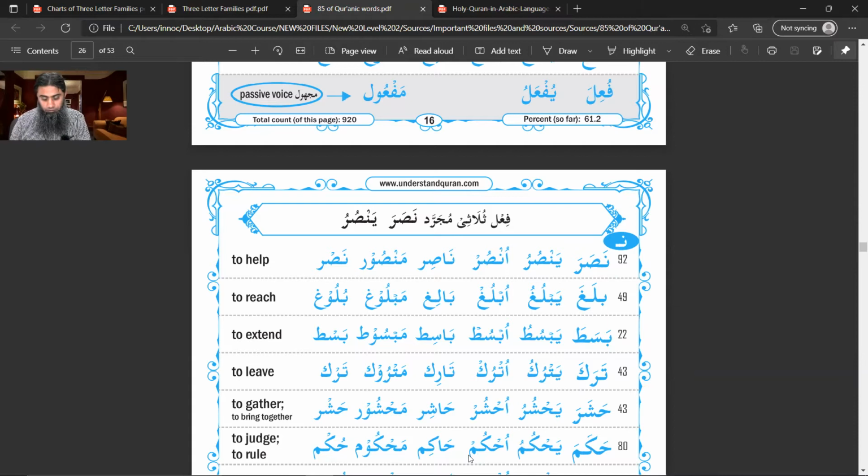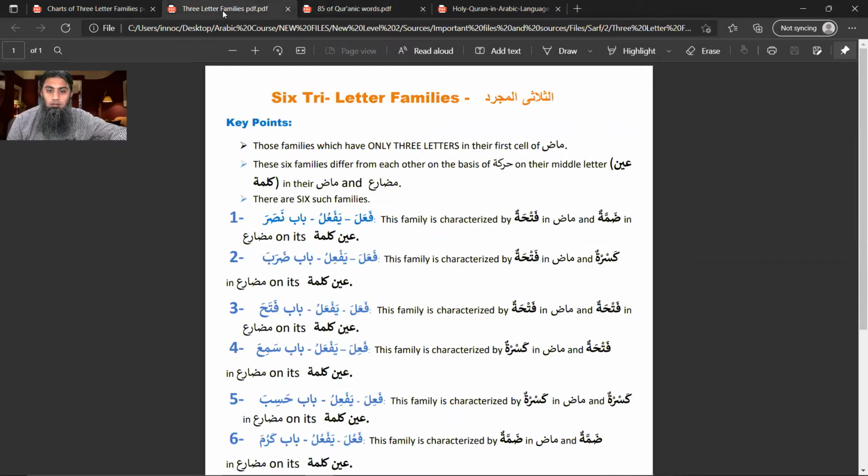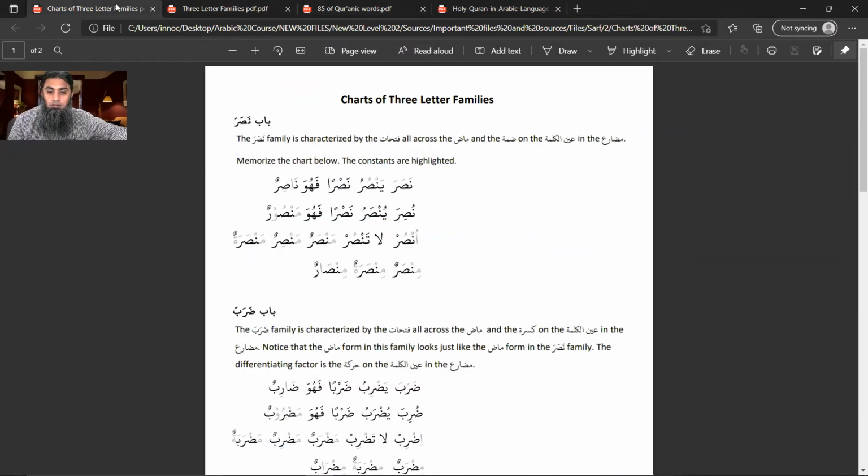Brother, Salam. So when you say passive, does that mean the doer is unknown? Yes, sister. Okay, so on your other page, all the words in the second line, the other slide you were doing, the chart of 3 letters. So the second line, all the words are doer is unknown. Yes, sister. Obviously, sister, when I mean doer is unknown, I mean in the case of Madi and Mudare,